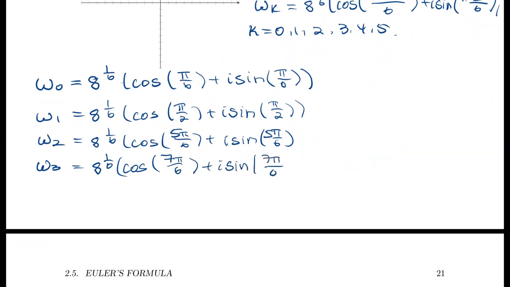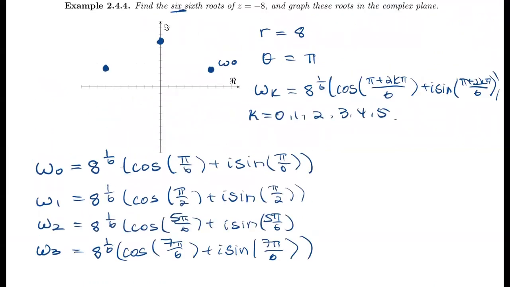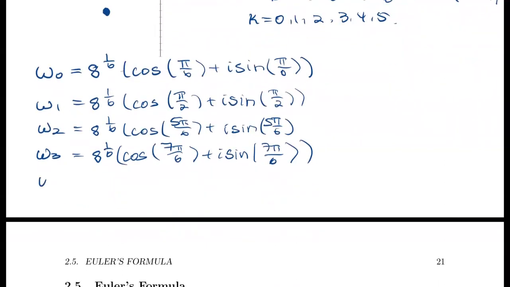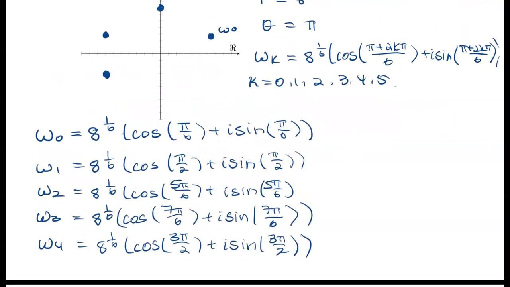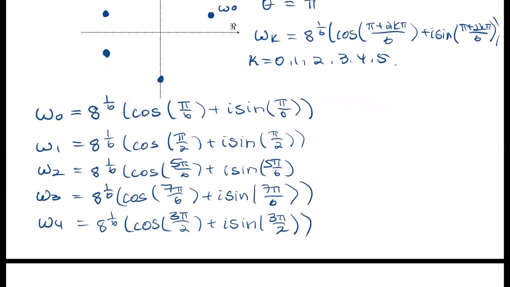Seven pi over 6 here, so that would be down here. And omega 4, you would have 8 to the power 1 over 6 multiplied by cosine of 3 pi over 2 plus i sine 3 pi over 2. So that would be on the y-axis, so down here. And omega 5